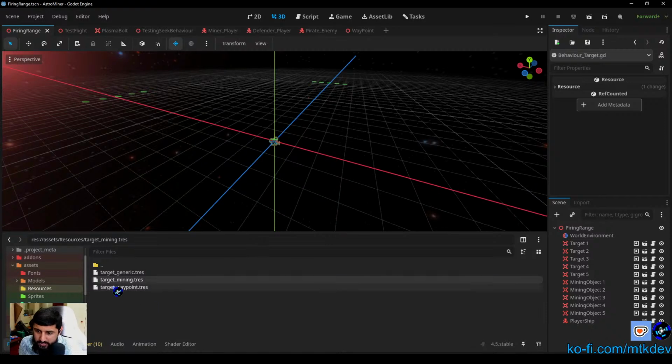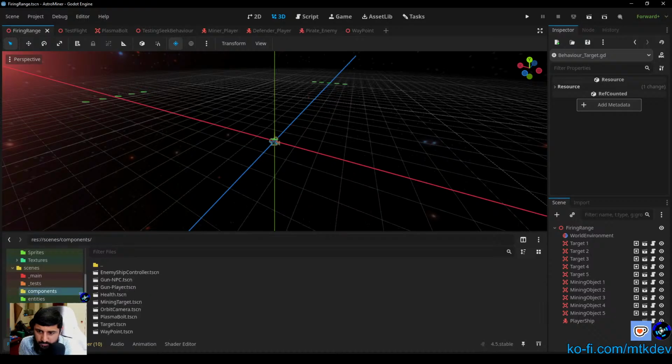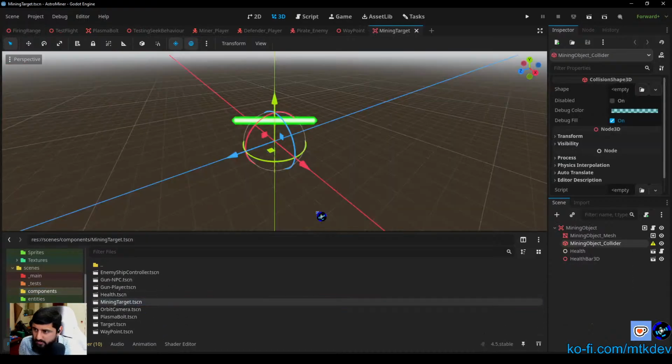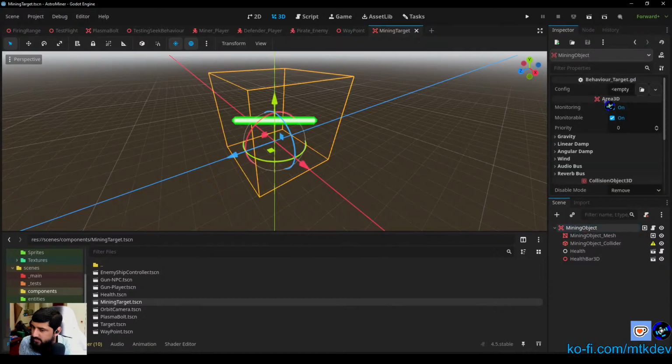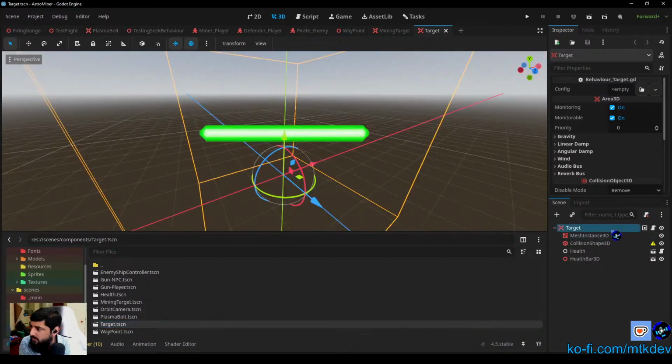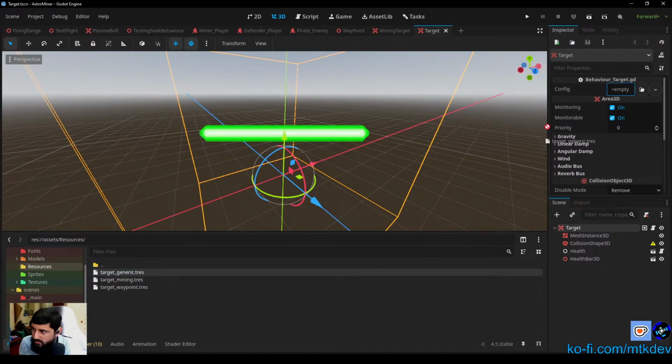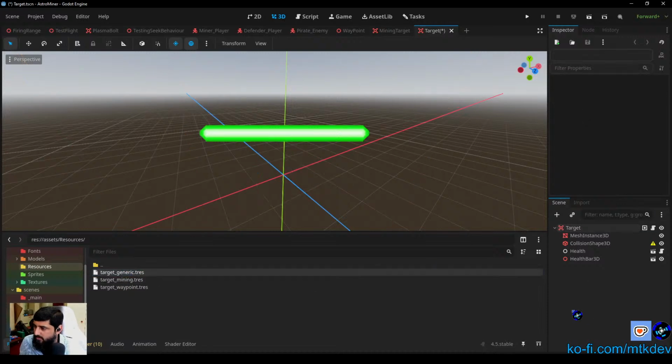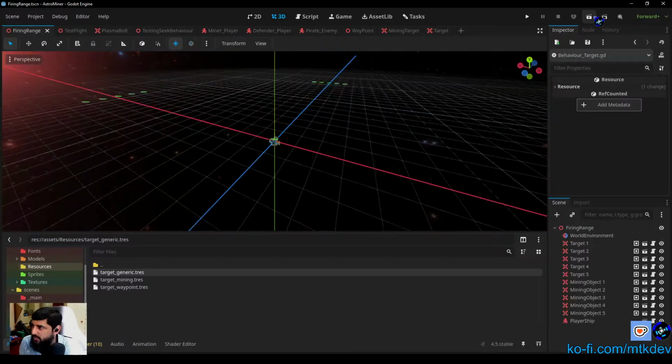I think it's because I didn't give it a mining target. If I go back towards components, mining target, it has no resource. Okay, good. So we'll give it the mining resource and save this. And then for the actual target, is this target generic target here? It doesn't have a config. So resources target generic there, like that. And then we'll save, go to firing range, run the scene,